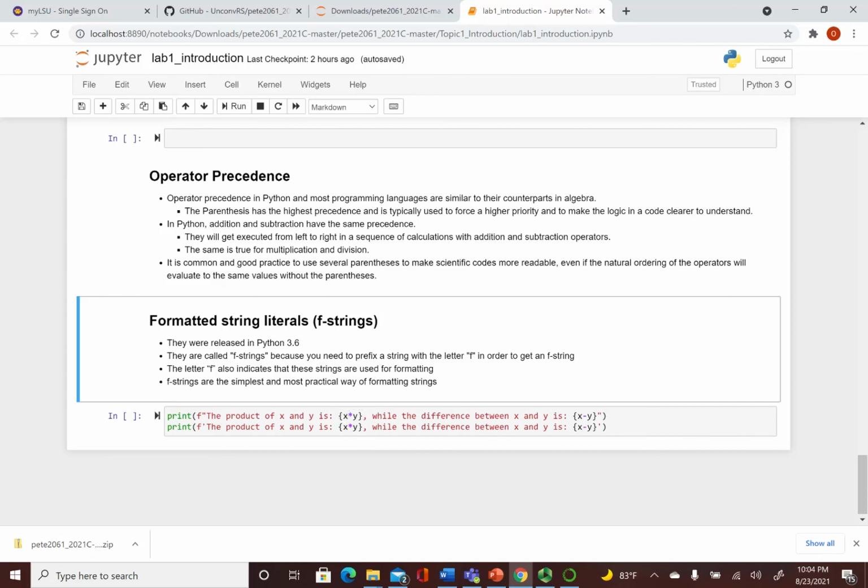Python code. Same here. It's going to evaluate the product of X and Y, and then put that product here. So it's going to read "the product of X and Y is" the number, which is the product of X and Y. It's not going to write X and Y out there. While "the difference between X and Y is", then it will evaluate what X minus Y is and put that in place. So you can run it,